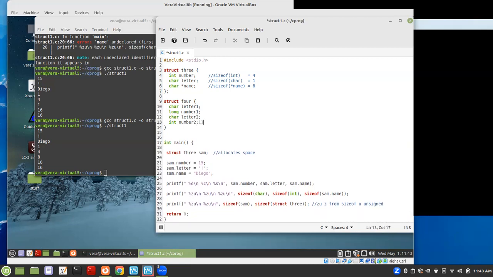Okay, so this should be size 1, right? This should be size 8. A long int is going to be 64 bits, so that's 8 bytes. This should be 1, and this should be 4. So the total is 14, right? 8, 9, 10, 14. And maybe that's, let's see what